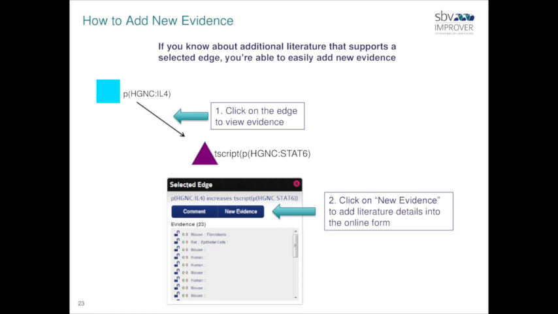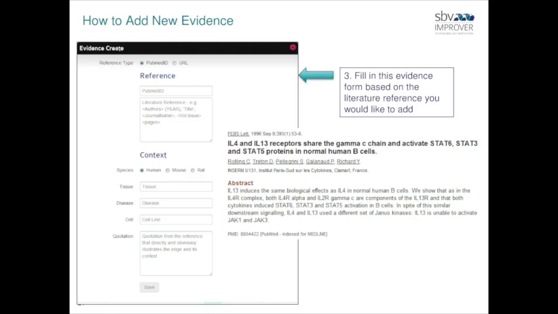What we're able to do in this selected edge dialog box is click on the new evidence tab to enter these additional literature details into a specialized online form. And here is a screenshot of this additional evidence creation form that would appear on the NVC site. For the selected edge, you would simply fill in this evidence form based on the literature reference you would like to add. And in this example, we found one publication,